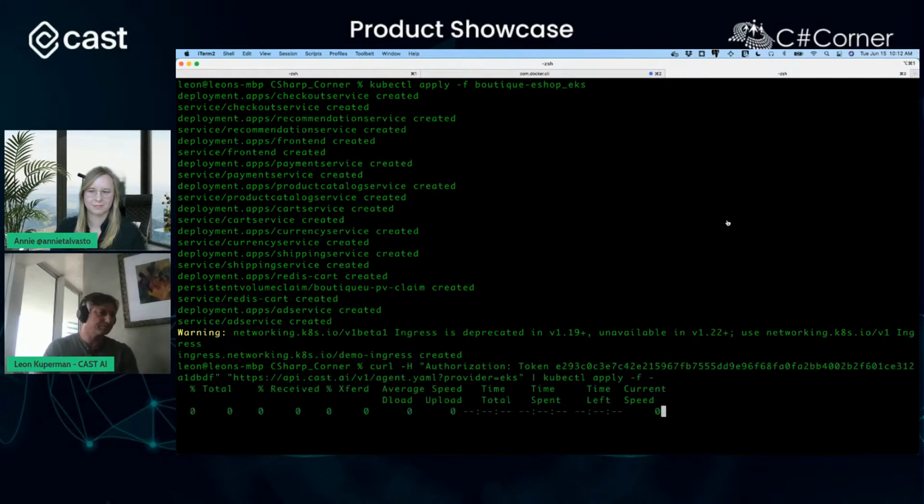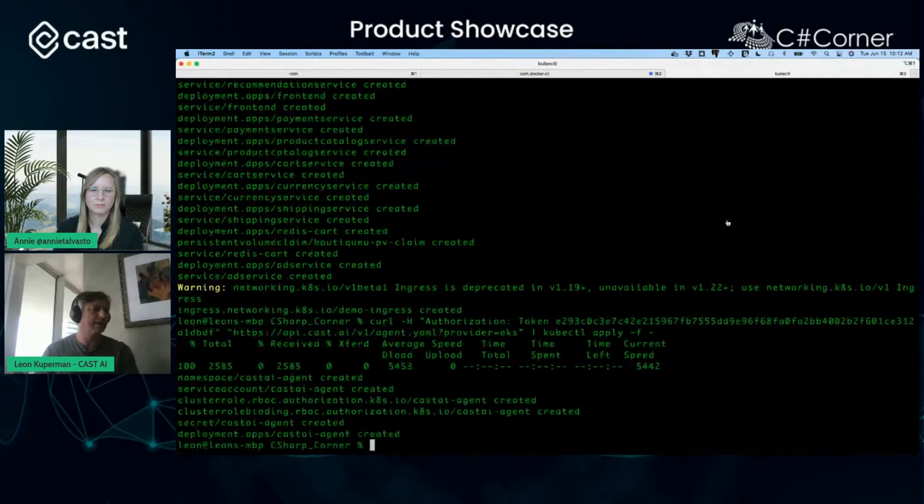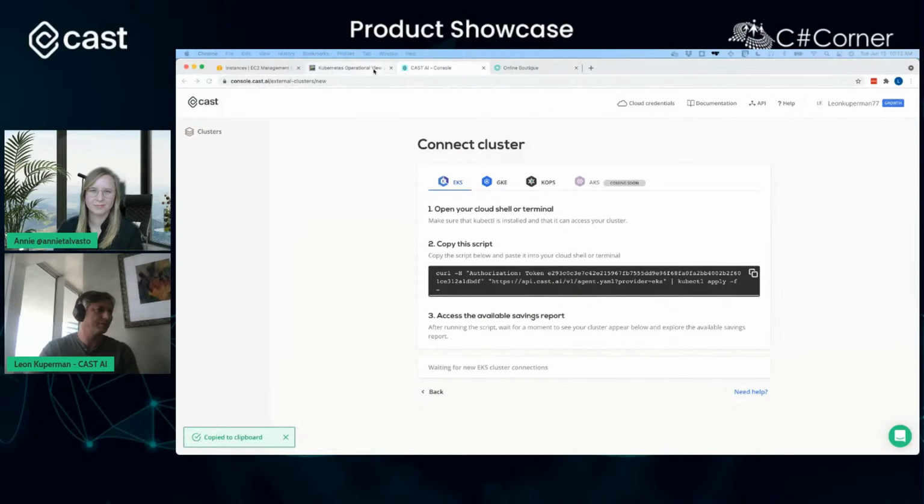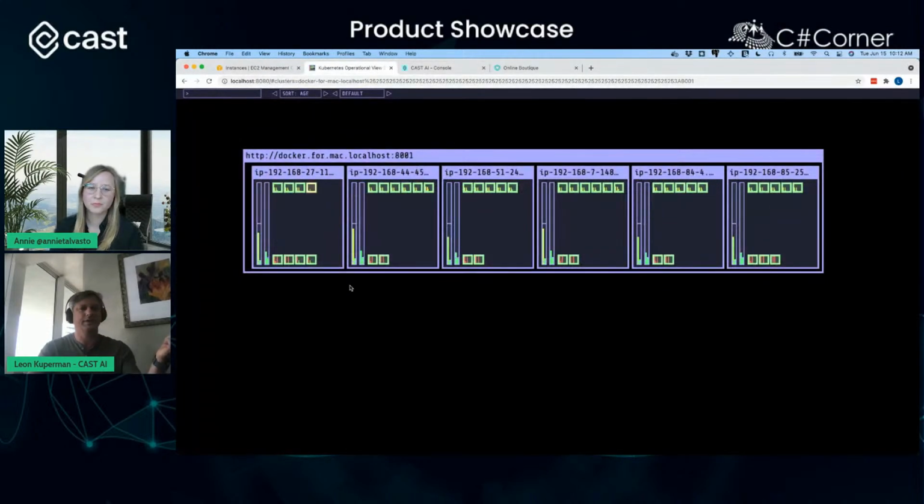And what is this going to do? It's going to make an API call to CAST, and it's going to deploy an agent. If we go back to our ops view, we should see, oh yeah, there's an agent, a little daemon that's deployed. And this is read-only. Notice how we didn't ask you for access keys or any types of permissions. This is a pure read-only agent, and it's open source, so you can see exactly what we're doing in your environment. One of our principles is that if we install software in your Kubernetes cluster, you should be able to see exactly what that software is doing.